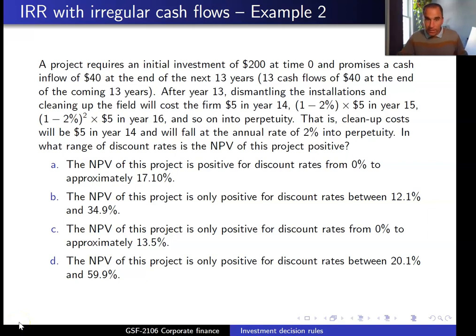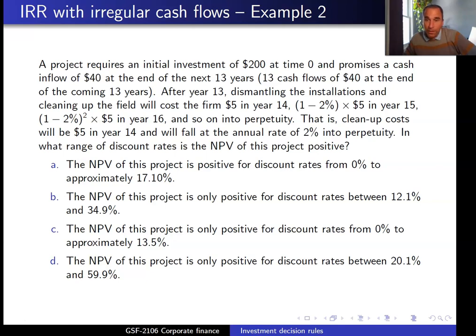Let's continue with the second example of internal rate of return with irregular cash flows. So we have a project with an initial investment of $200 at time zero, a cash inflow of $40 at the end of the next 13 years. And after year 13, dismantling the installations and cleaning up the field will cost the firm $5 in year 14,